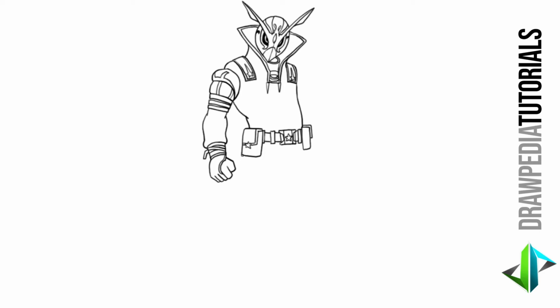Now below the pouch on the left, I'm going to draw a curved diagonal line downwards all the way to the edge of his outfit, sideways to the right, and turn it upwards. Turn it sideways diagonally to the right and up, and I'm going to copy the same shape of the fringe at this corner, sideways up again, another fringe at that point, sideways diagonally up, another fringe at that corner,